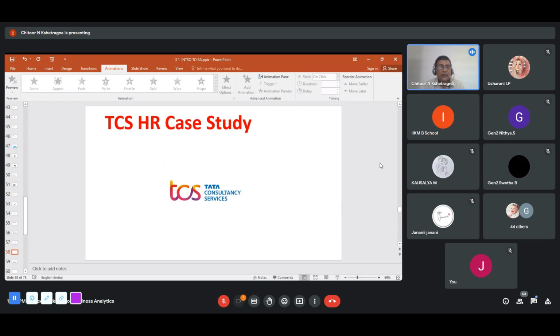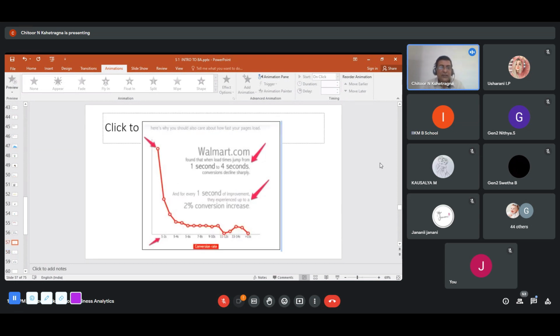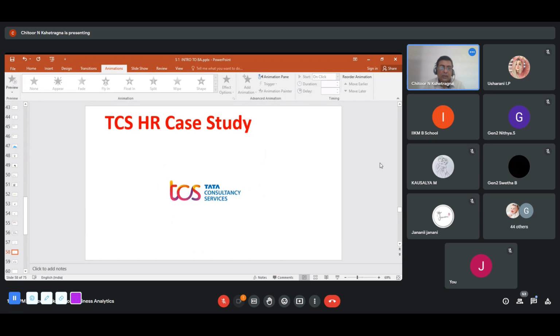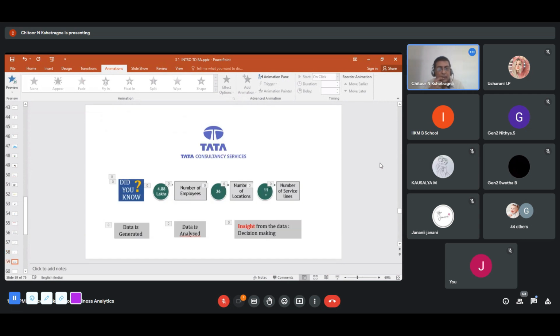Let's give another example. Let's say TCS. This is more from a business strategy angle. We look at it from a TCS HR case study, right? HR is about people. Last count, they have almost 5 lakh employees, 4.85 lakh employees, in 26 locations across the globe. Of course, after Chennai, Pune is one of the biggest locations. Of course, they're in Madurai, and in so many other places. They're in USA, Singapore, a lot of places, but in very small numbers. And they're in 11 service lines, BFSI, retail, insurance, analytics practices like that. They have many of them.